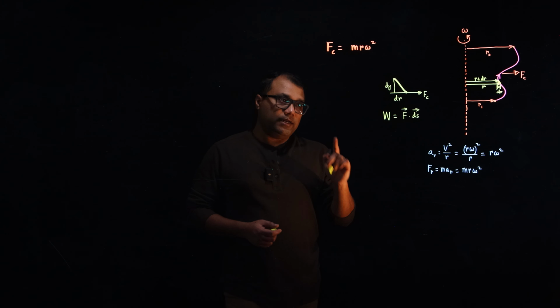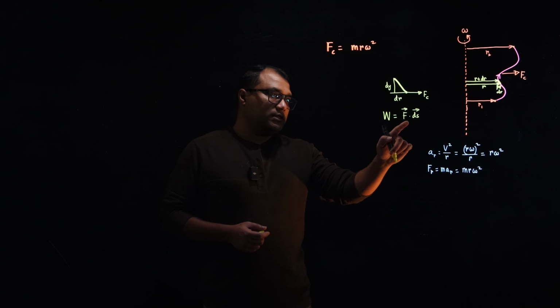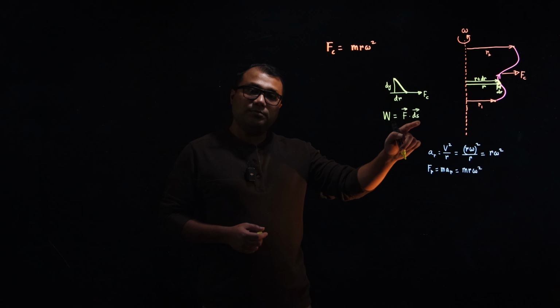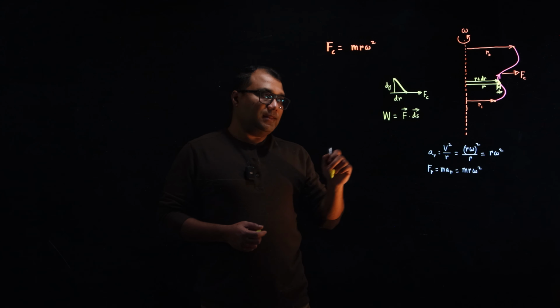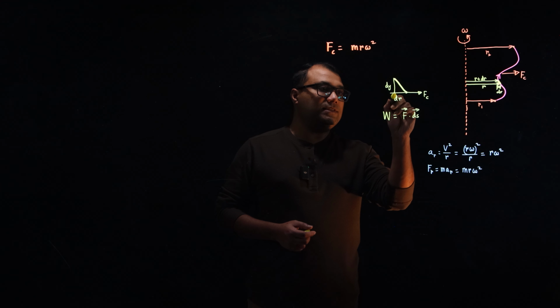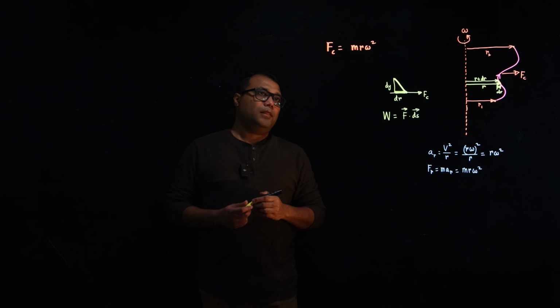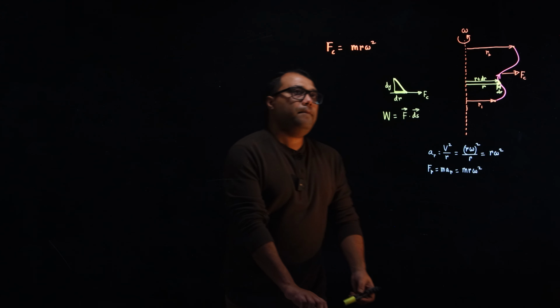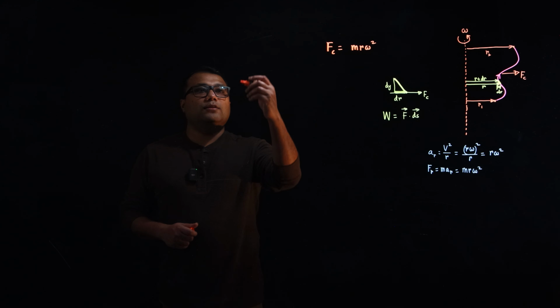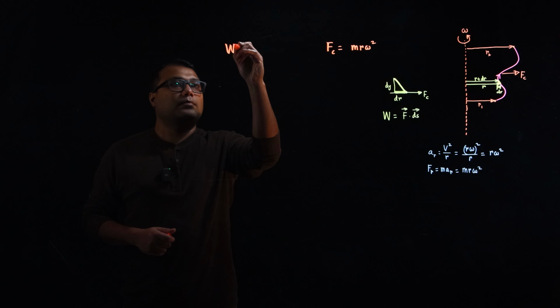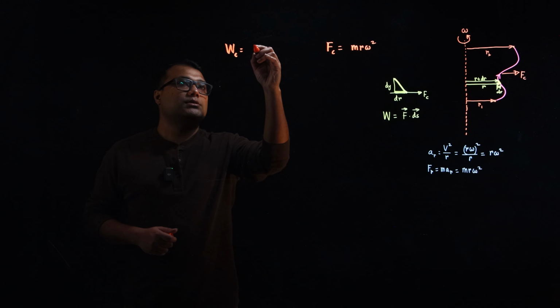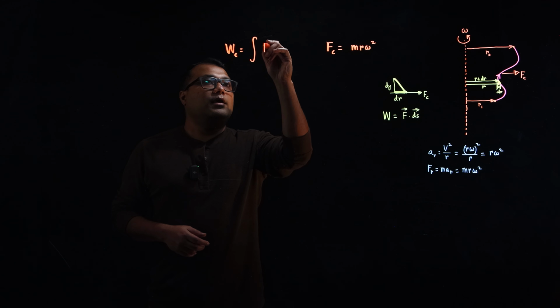We can think of it as force in the direction of displacement or displacement in the direction of force. In this case, we will think of it as displacement in the direction of force, which is always dr. Okay. So then we can write the work done by the centrifugal force is F dot dr,